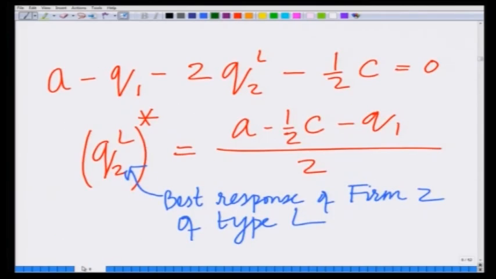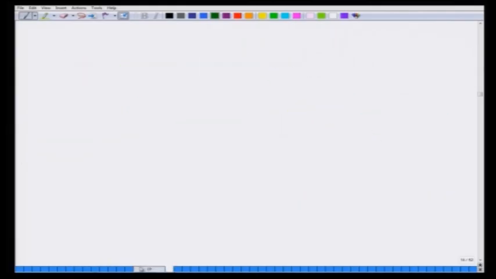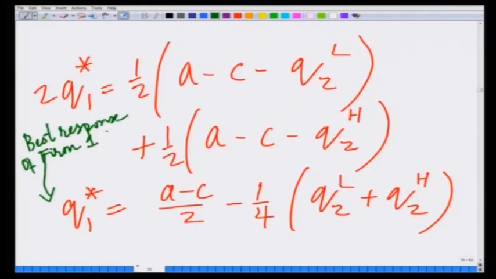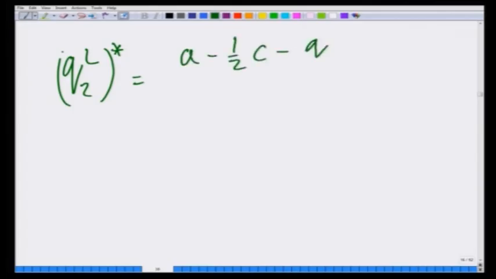Now we can write the equations for this, as everyone will be playing their best responses. So, we have Q2 L star equals (A minus half C minus Q1 star) divided by 2